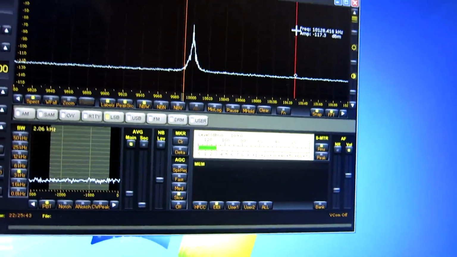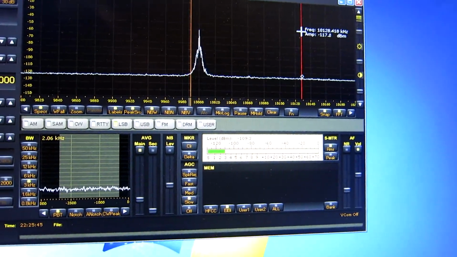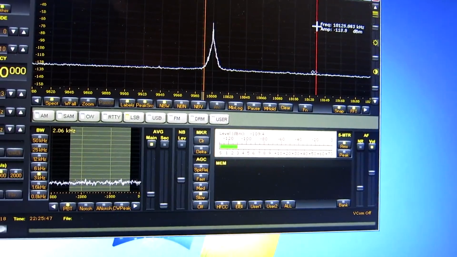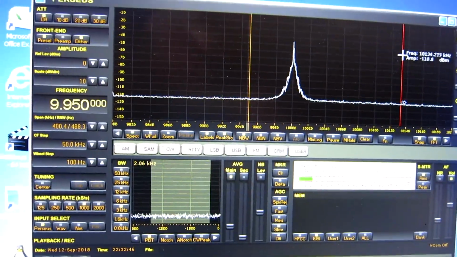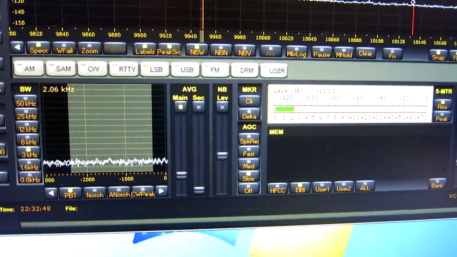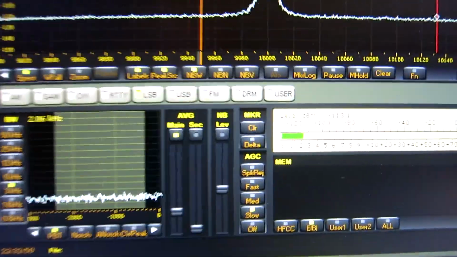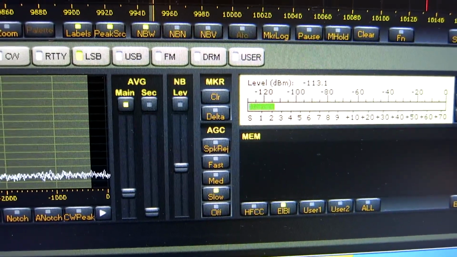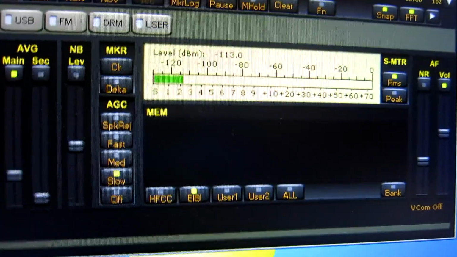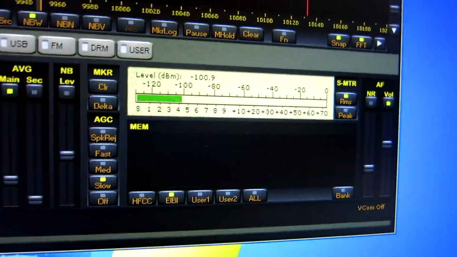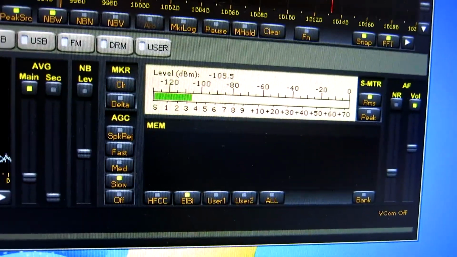But I did switch it many times, so it came back to the original performance. I'm now at a separation of 50 kilohertz, and I switch off the signal to get the noise floor,